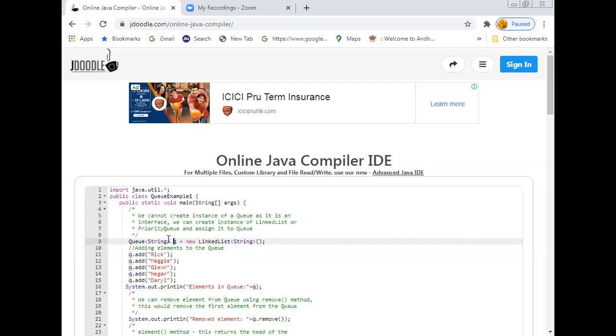The type of elements which I am going to store in the queue is string. Now with queue.add, I added 5 names: Rick, Maggie, Glenn, Megan and Darren. These are the 5 elements which I want to add with the help of the add method defined in the queue interface.